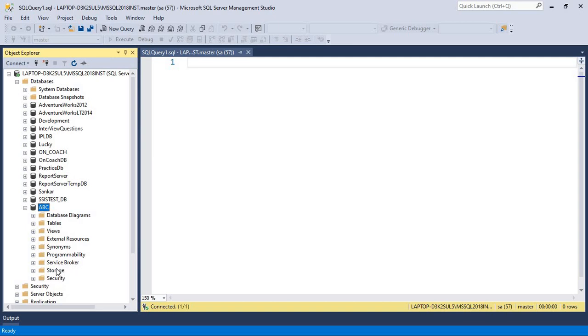You can see these folders. As of now we can see only tables. Before going to the tables, we'll explain about the commands in SQL Server. What commands are available in SQL Server? We should explain about them.